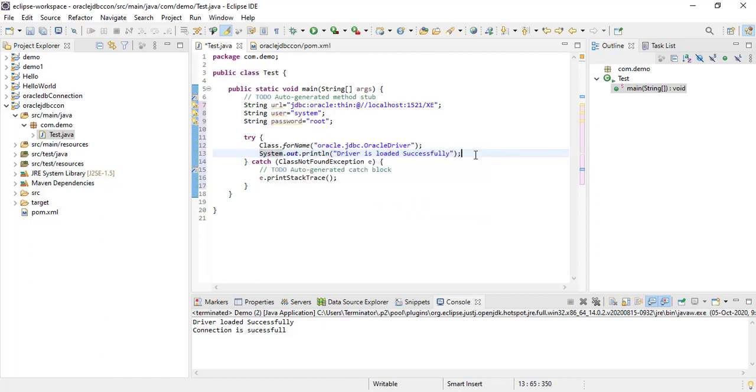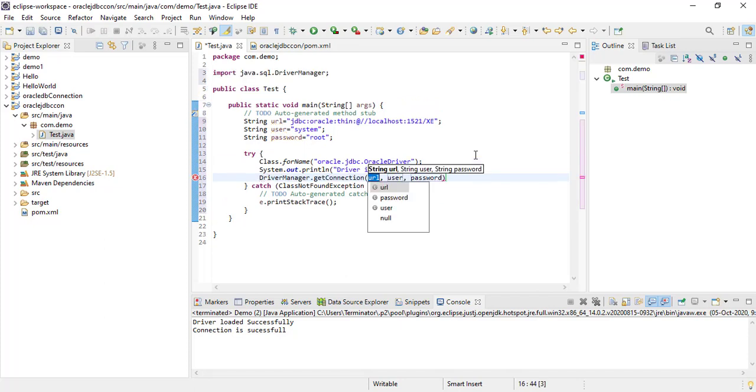Once after loading the driver, we need to make a connection. To make a connection, I need to use DriverManager.getConnection. This getConnection method will take three parameters: URL, username and the password. Now this method will return one connection object. So I need to collect that object here.